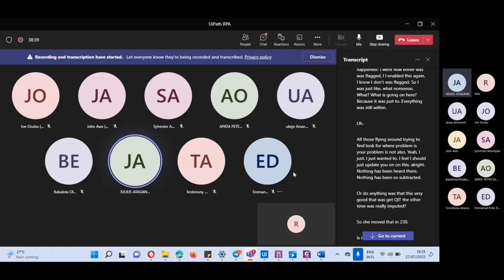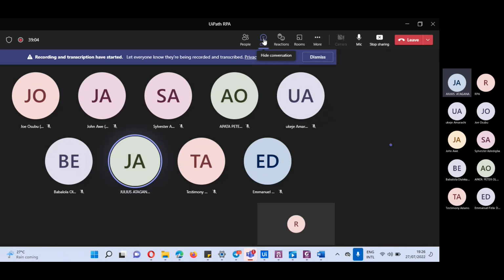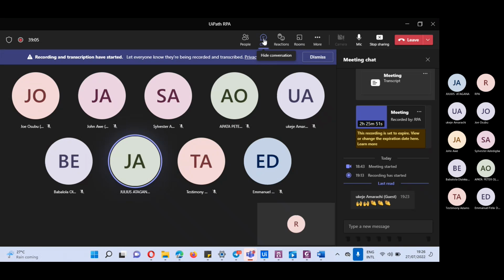So last time we talked about the orchestrator, and we said we have both the on-prem and the cloud. We said as long as you have Studio installed, automatically you have the orchestrator, knowingly or unknowingly. The orchestrator could be set to manage your robots and logs, while your robot is the one that helps you execute your code, and the code is written in Studio. So we fell back to these three pillars in UiPath.